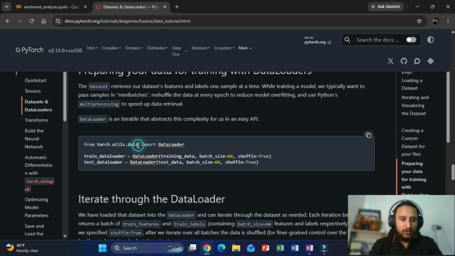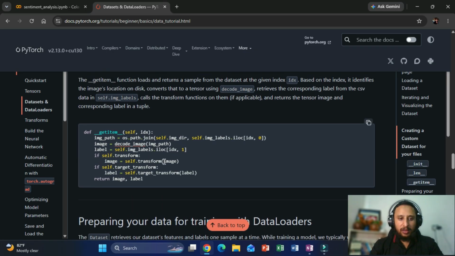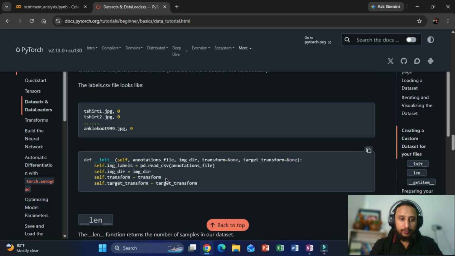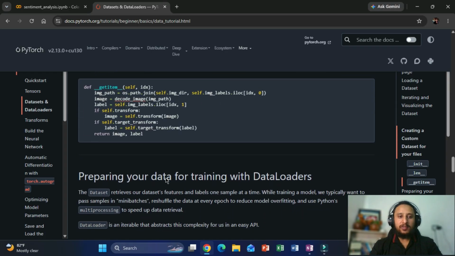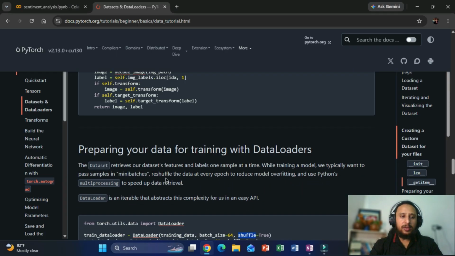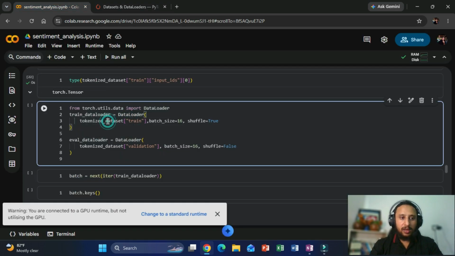So here is the data loader. We can import this from torch utils data loader. This data loader takes the training data, the batch size, and the shuffle. Whatever we have in the training data set, we will pass it to the data loader, and a similar task I am performing here. I am just calling this data loader here, passing the tokenized data set train, and batch size I'm just giving it 16, and